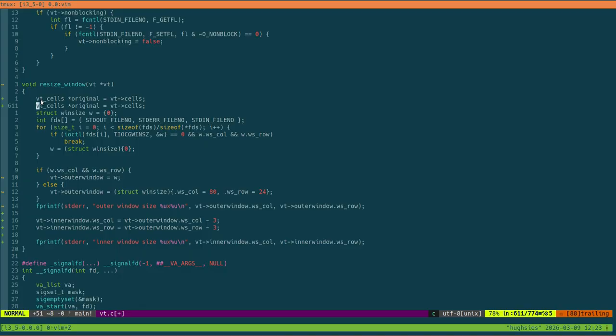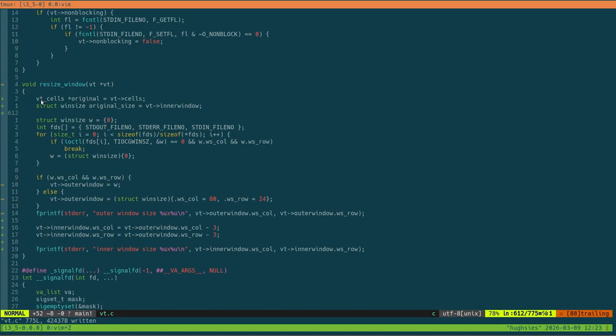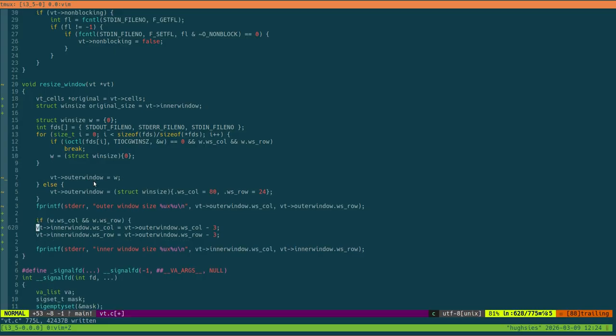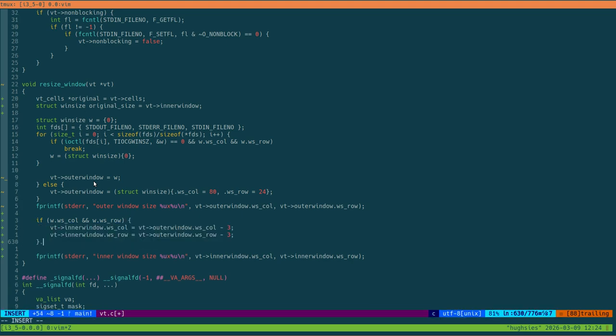And I probably also want to have a struct win size original size equals, and this can just equal the inner window, because we're kind of mapping what's on the inside. We don't really care about the outside. In fact, we could almost ignore the fact that we have an outer window, and perhaps we could just have it something like this,